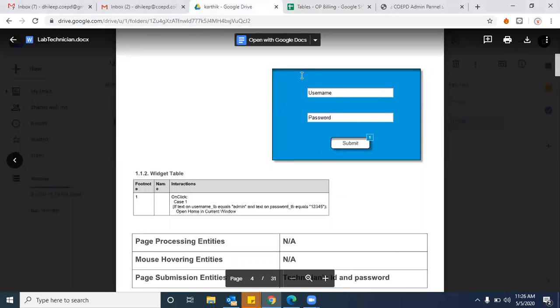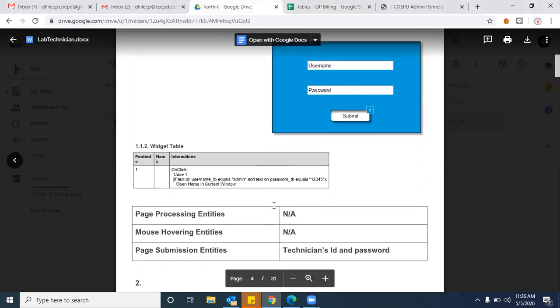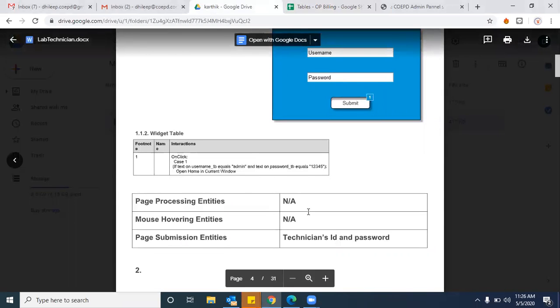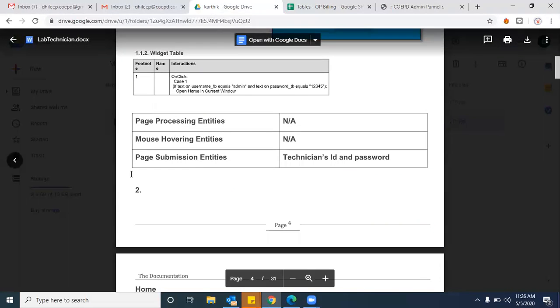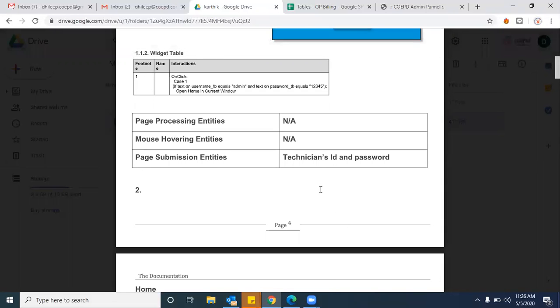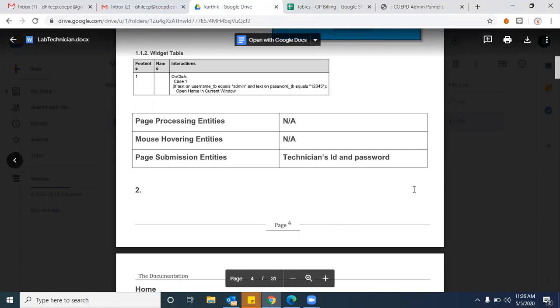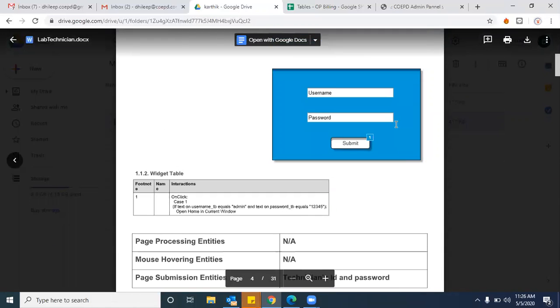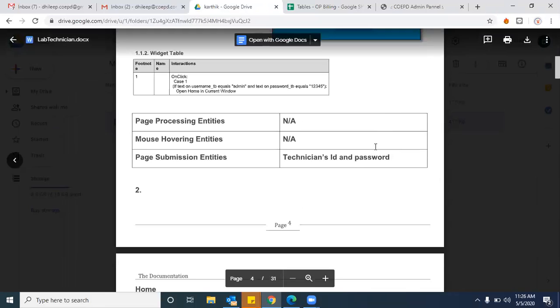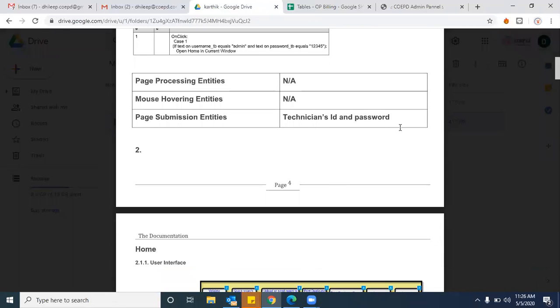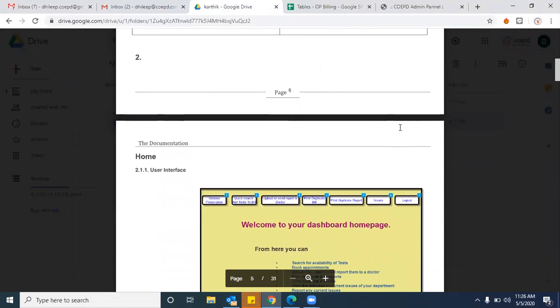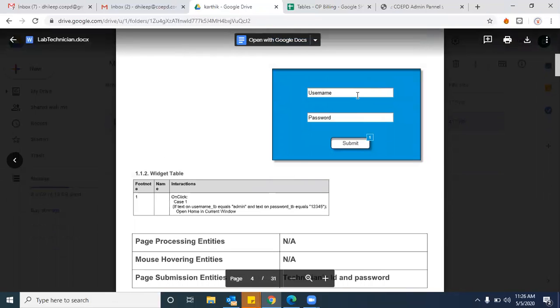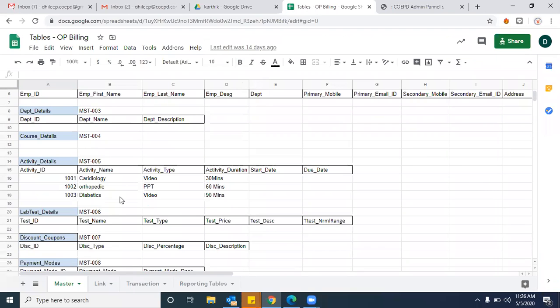In this screen mockup, below this, instead of the page processing entities, otherwise you can keep the same, and below this write down your tables: table names and table columns. Try to copy paste, so that we will understand for which screen what tables or what information we are using. That is data mapping. No, I'm not yet sure. See, for username and password, you kept user details or something.